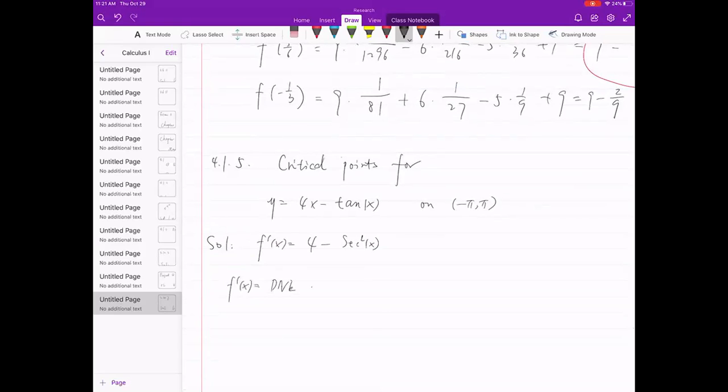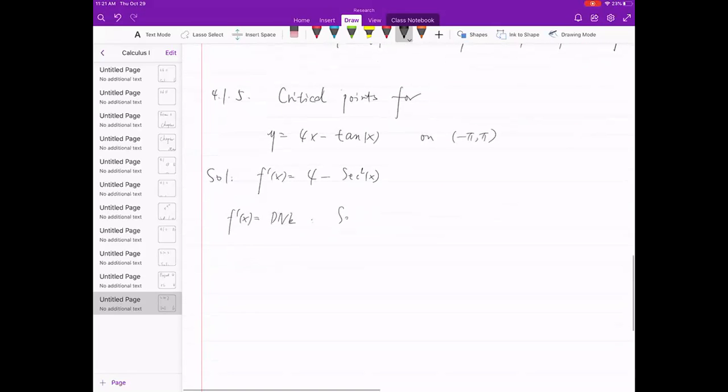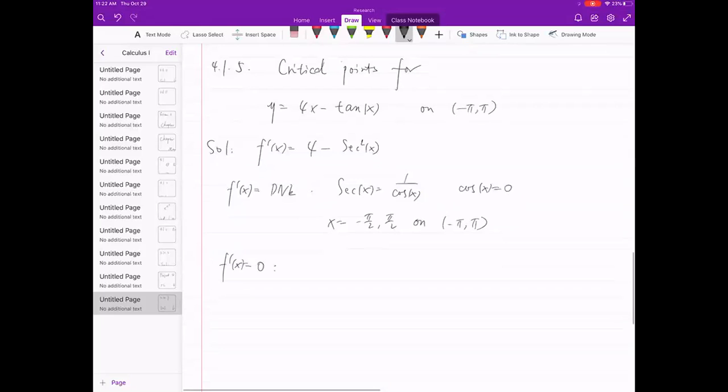Well, do you have does not exist? Will secant squared ever be does not exist? Notice that secant x is 1 over cosine. So the answer is yes, when cosine x equals 0. That is when x equals negative pi over 2 and pi over 2, given this interval. Okay. F prime of x equals does not exist. Done. F prime of x equals 0. That is going to be